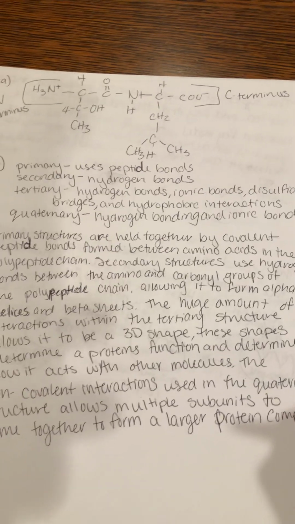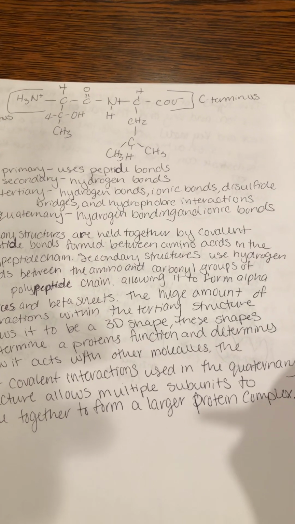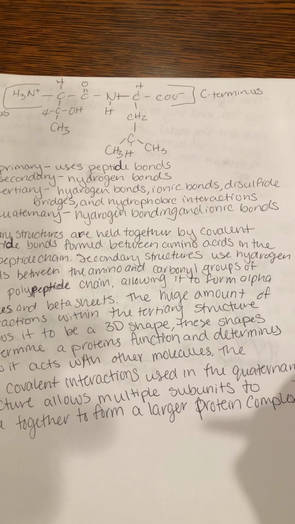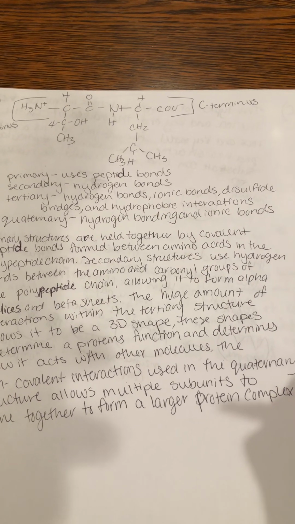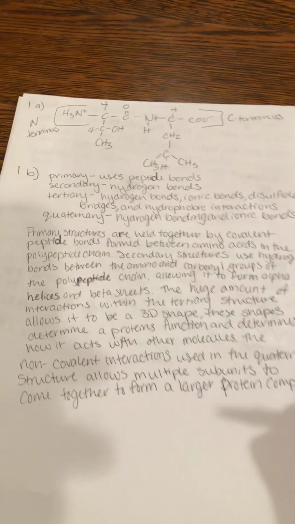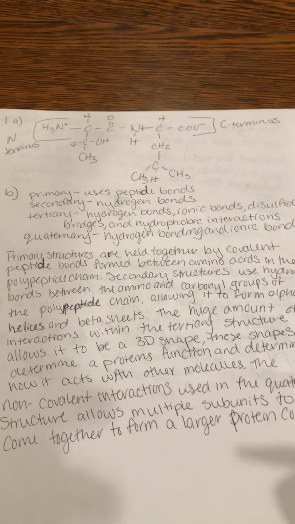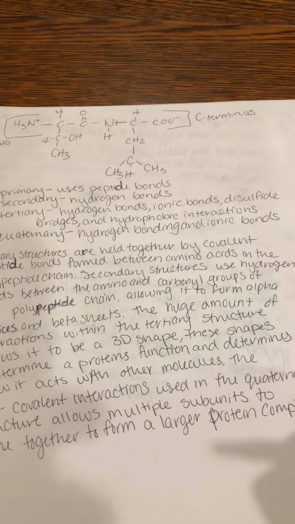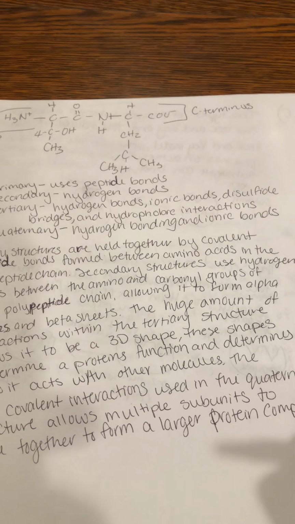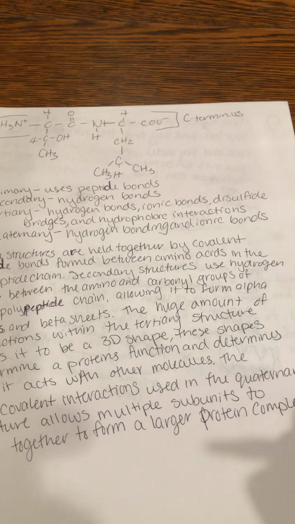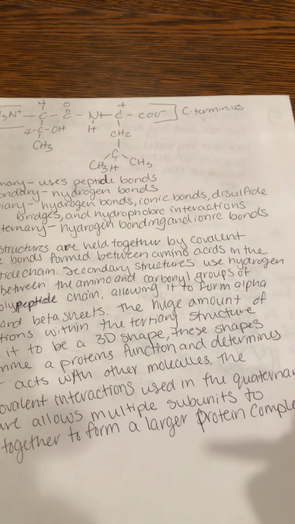Secondary uses hydrogen bonds; tertiary uses hydrogen bonds, ionic bonds, disulfide bridges, and hydrophobic interactions; quaternary uses hydrogen bonding and ionic bonding. Primary structures are held together by covalent peptide bonds formed between amino acids in the polypeptide chain. Secondary structures use hydrogen bonds between the amino and the carbonyl groups of the polypeptide chain, allowing it to form